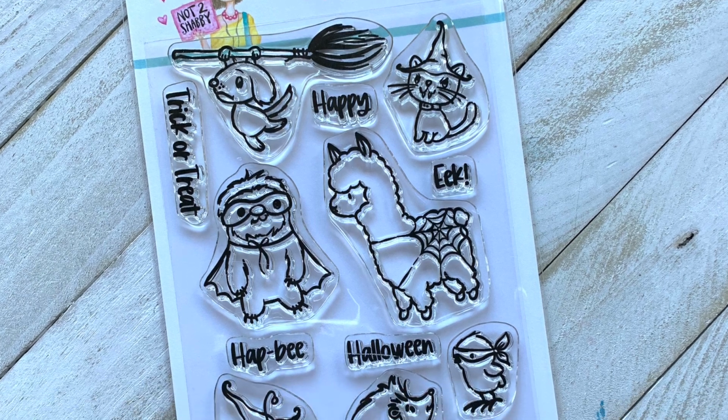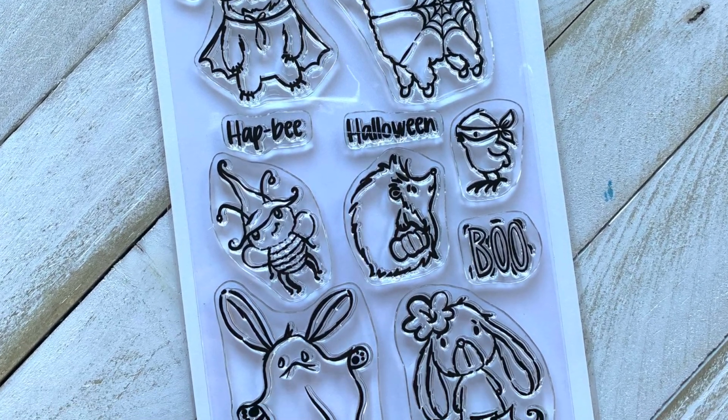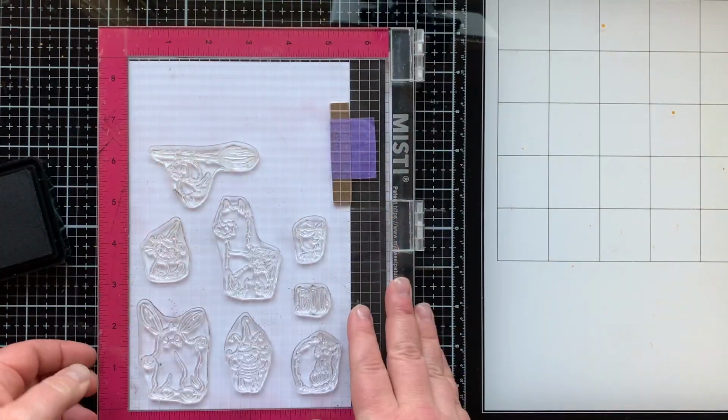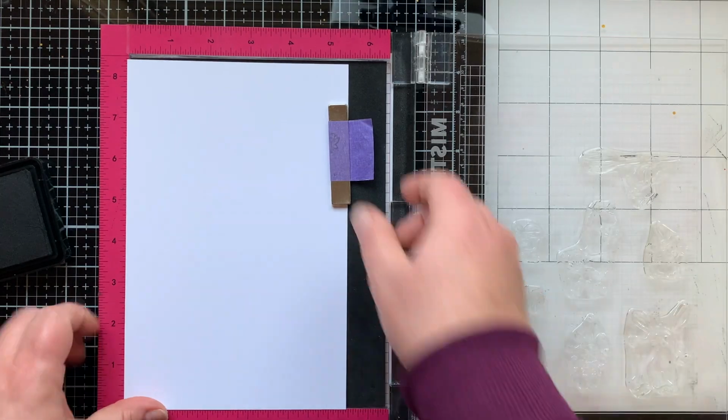And today I'm going to be showing you an exclusive Not Too Shabby stamp set. She does have her own line of stamps, and this one is the costume party set. It's Halloween. I'm gonna make a cute slimline card, and we're gonna start out with some coloring of these cute images. Here we go. I'm starting by stamping out the images I want to use from this stamp set onto